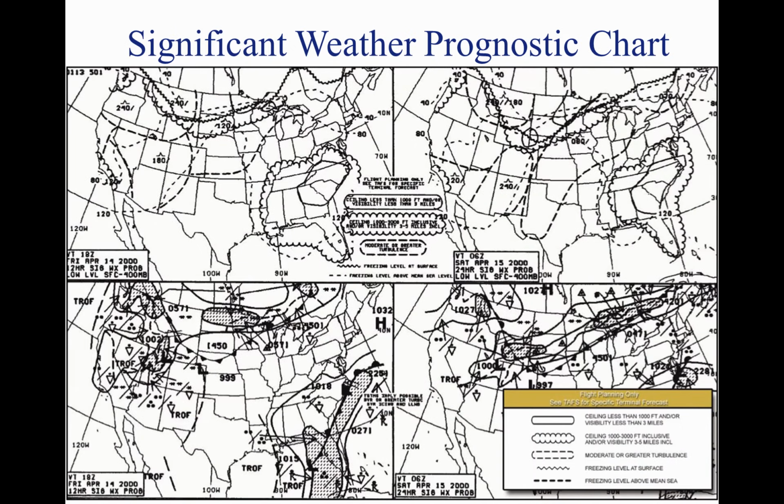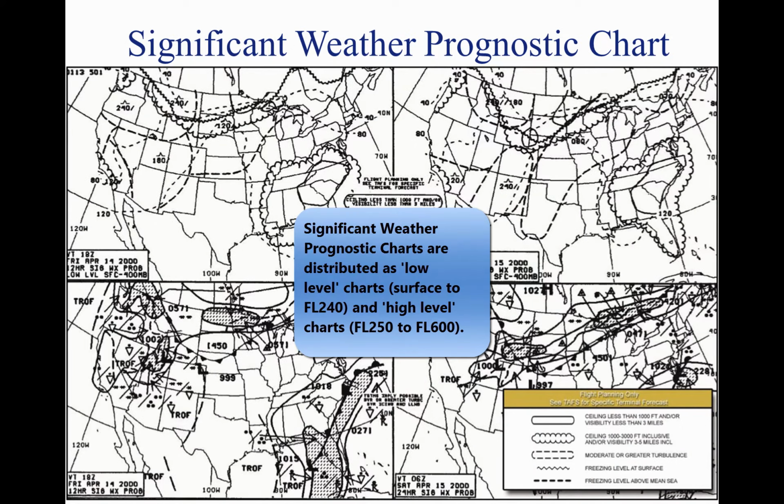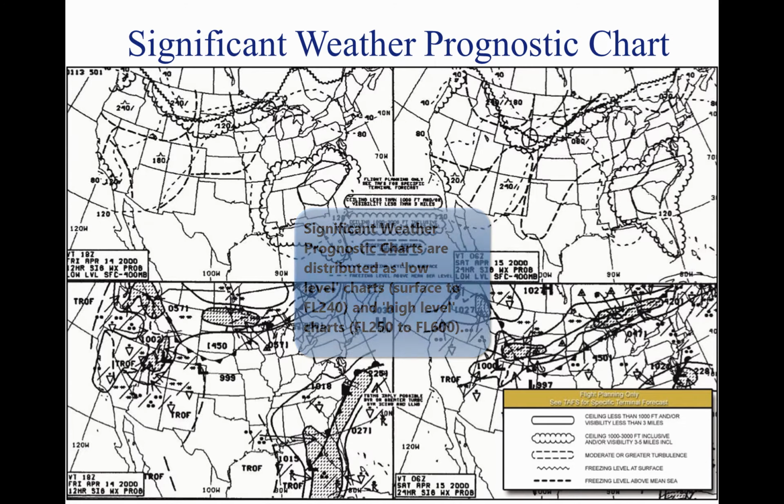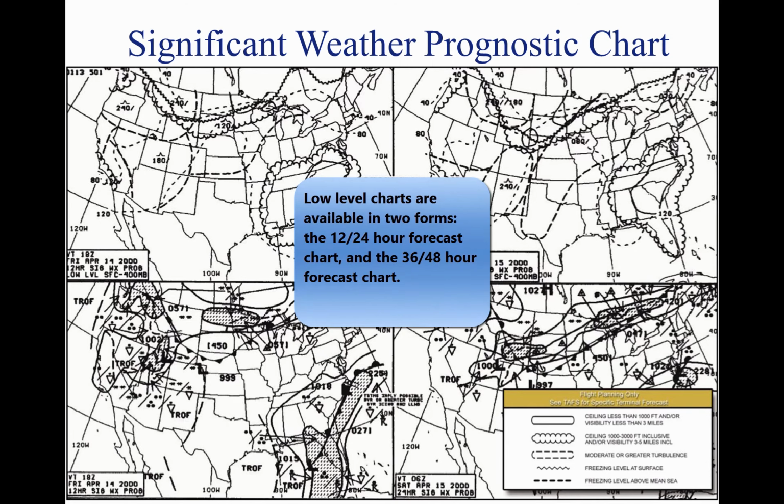Significant weather prognostic charts are available for low-level significant weather from the surface to flight level 240, 24,000 feet, also referred to as the 400 millibar level, and high-level significant weather from flight level 250 to flight level 600, 25,000 to 60,000 feet. The primary concern of this discussion is the low-level significant weather prognostic chart. The low-level chart comes in 2 forms: the 12 and 24-hour forecast chart and the 36 and 48-hour surface forecast